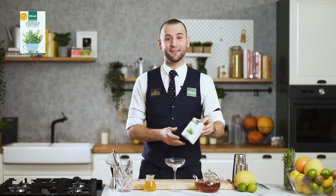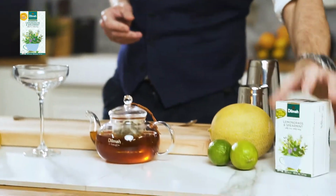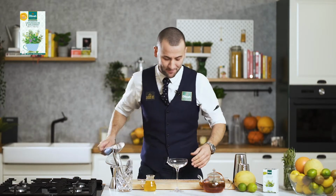Today I would like to show you how to prepare a healthy and refreshing drink based on a green rooibos, lemongrass and spearmint infusion by Dilmah tea. We start by chilling our coupe glass